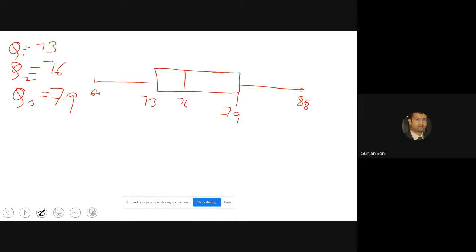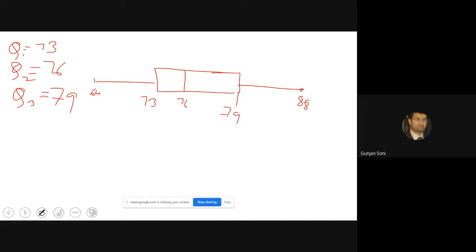So 64 and 88. Now let's say there are more data points in that data set, because by calculation any value of whisker can come. That's not a big deal. But let's say you got points like 73, 63, and 60.